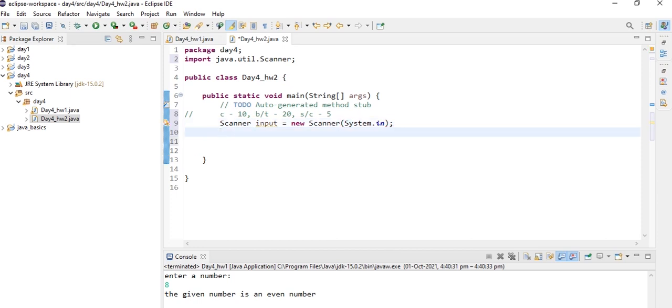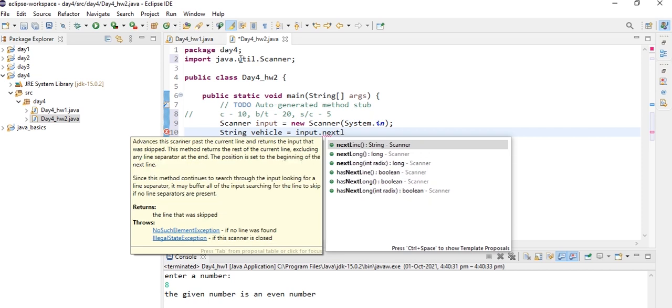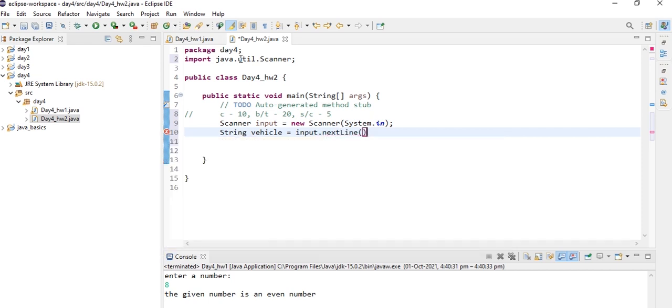And now let's declare a string variable, vehicle name, equal to input.nextLine, which is a method available in the Scanner class of the util package to take string input. Before that, let's type this here.